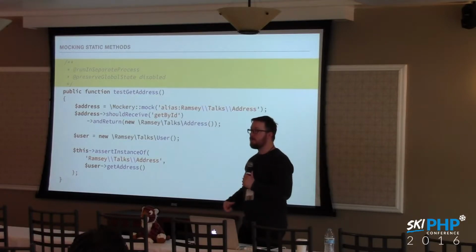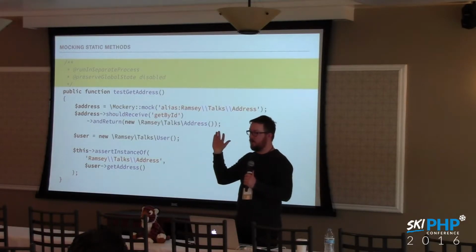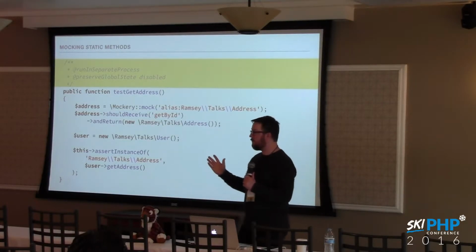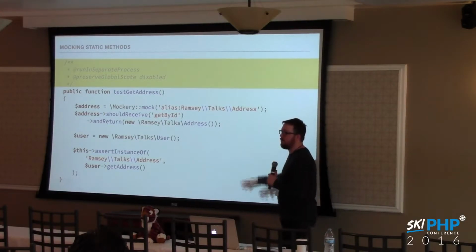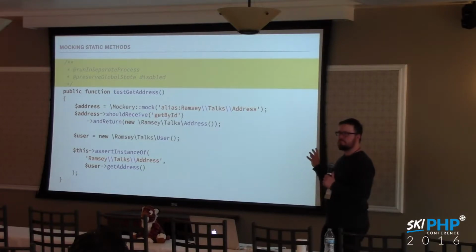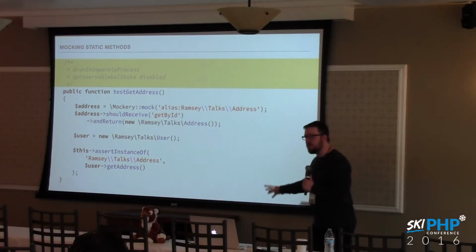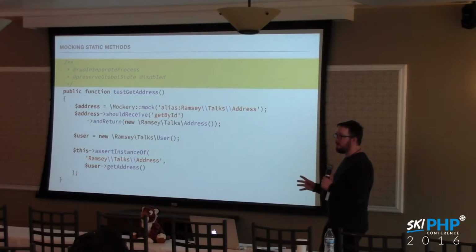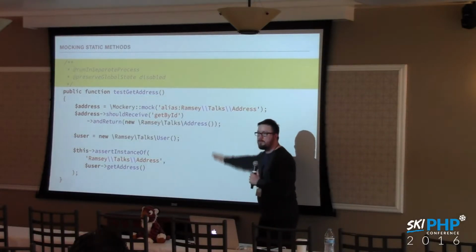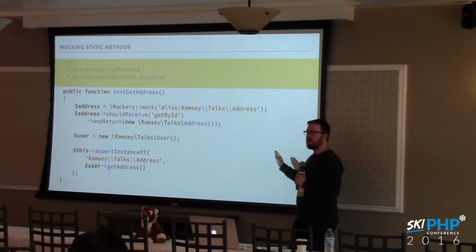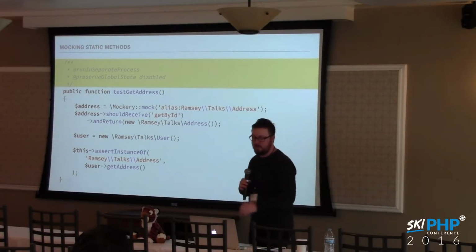So your autoloader says, oh, that class is already there. I'm going to use the one that's already there. It doesn't try to load it at that point because it's already in scope. Is that making sense? It's a little magical, but it makes sense what's going on here. It's just essentially replacing your class address with its own class so that it can mock the static method.